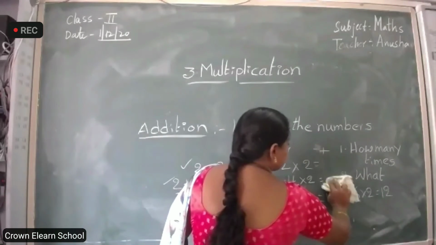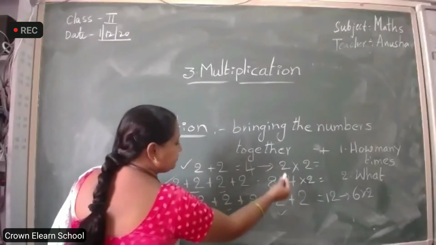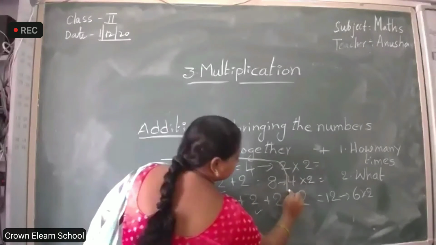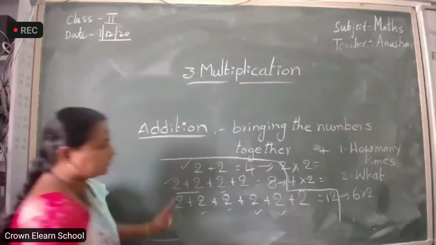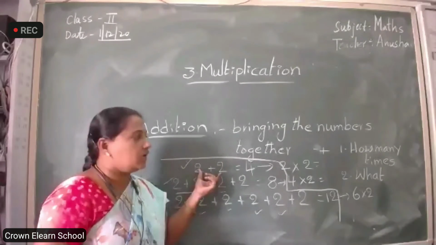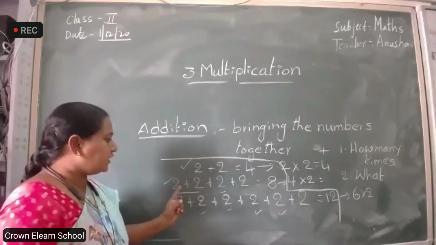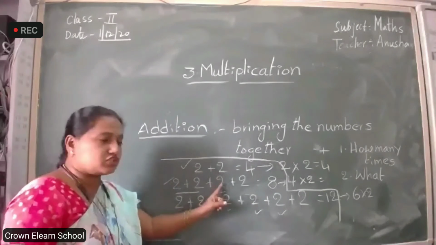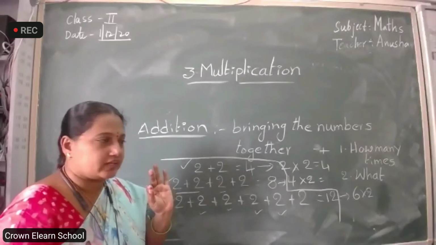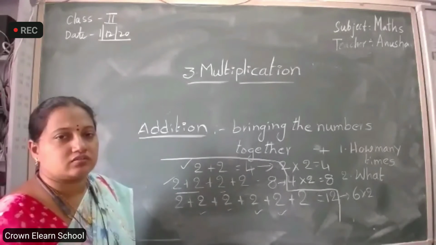I am erasing these answers. Now compare this process. See, 2 plus 2, 4. This is only 2 times. Easily you can say 2 2s are 4. Now look here. 2 plus 2, 4. 4 plus 2, 6. 6 plus 2, 8. How much time is it taking? A little bit long. Now here 4 2s are 8. We got it easily. We are calculating fast.